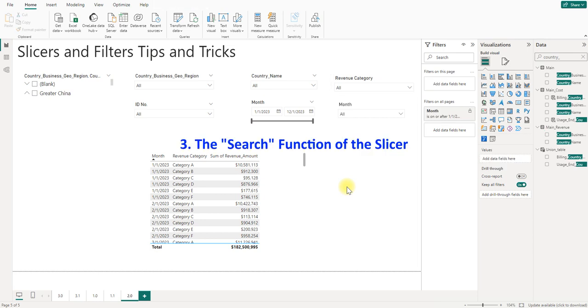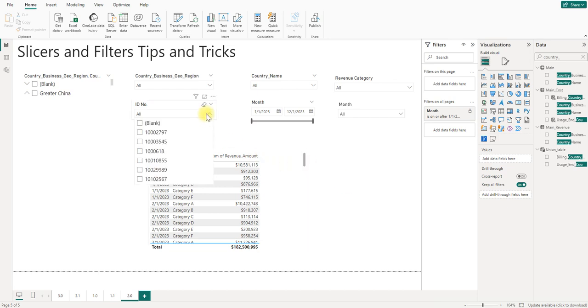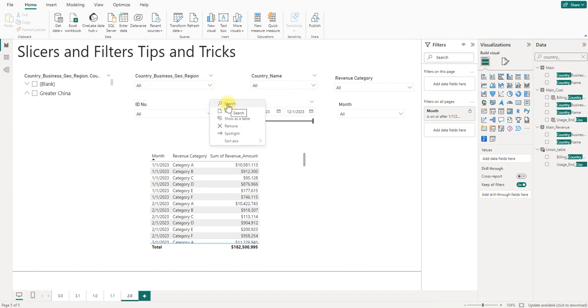The last tip that I want to introduce in today's video is the search function of the filter. There are times when there are a lot of values in a slicer for you to filter. For example, like this ID slicer. This is the time when the search function of the slicer can save you a lot of time. The way to set it up is to click on the three dots here and then click on the search